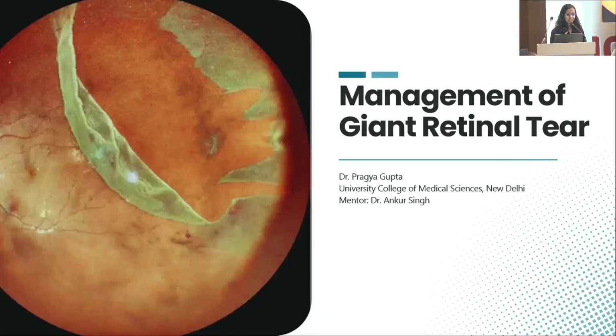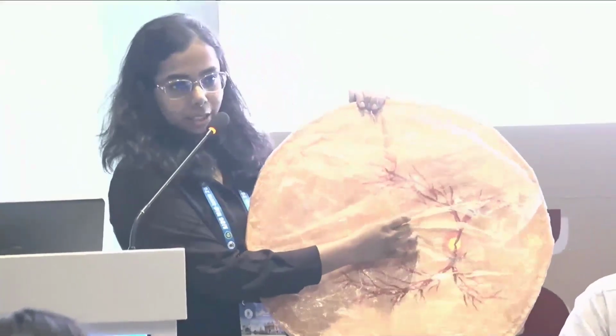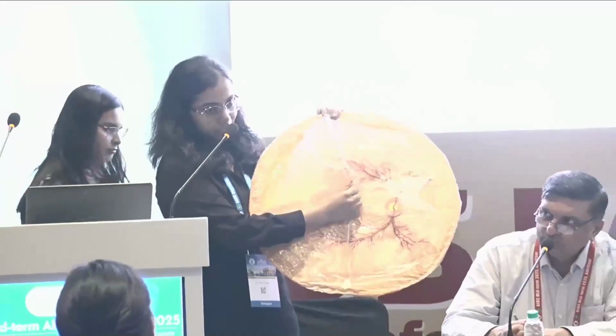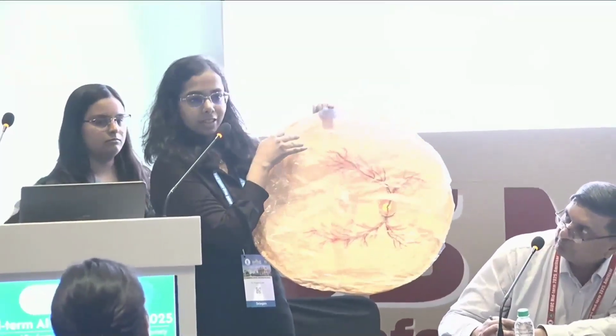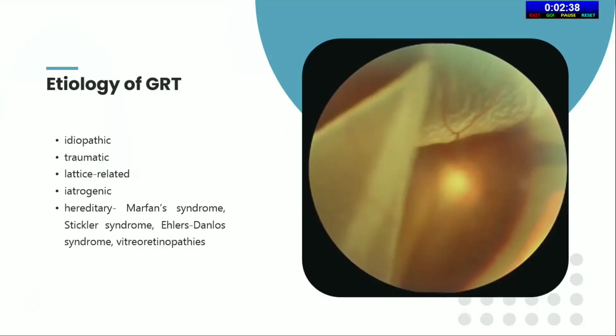So pay attention, ladies and gentlemen, to the stage over here. For today, we're going to learn about the management of a giant retinal tear. First, we need to know how the curtain falls. The basic pathology is an abnormal vitreous and a weak retina. So what happens? The central vitreous liquefies, causes peripheral vitreous condensation, which exerts traction on the peripheral retina. Eventually, this peripheral retina rips circumferentially in a zipper-like fashion, causing a giant retinal tear.